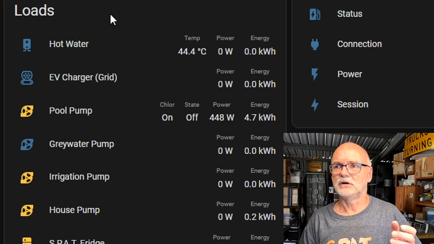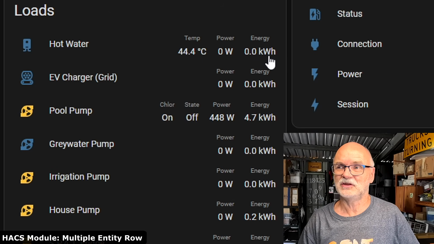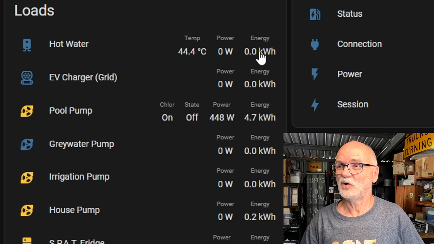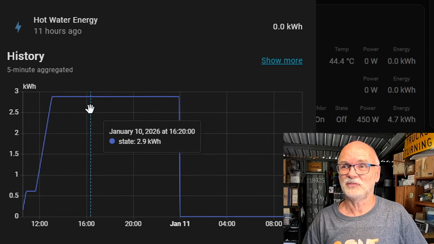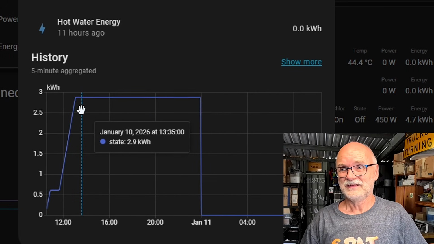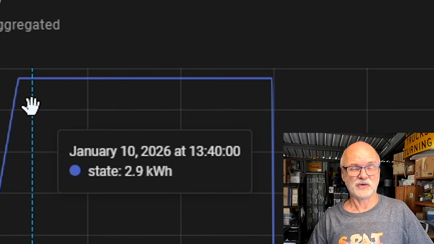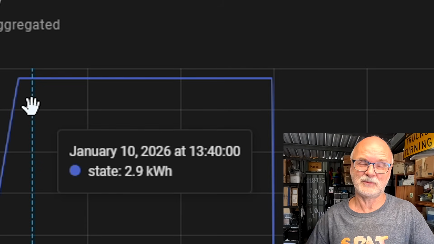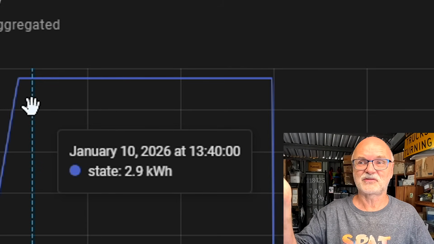Yeah, all linked below. So, hot water system, of course, gives you the temperature, the power, the energy we have used. And people always ask me, Andy, why didn't you get a solar hot water system or a heat pump or something? I want to show you how much energy we're actually using for hot water. This was yesterday 2.9 kilowatt hours, yeah, for the whole hot water heat up per day. This increases slightly in wintertime when we have longer and hotter showers, but now in summertime, that is 3 kilowatt